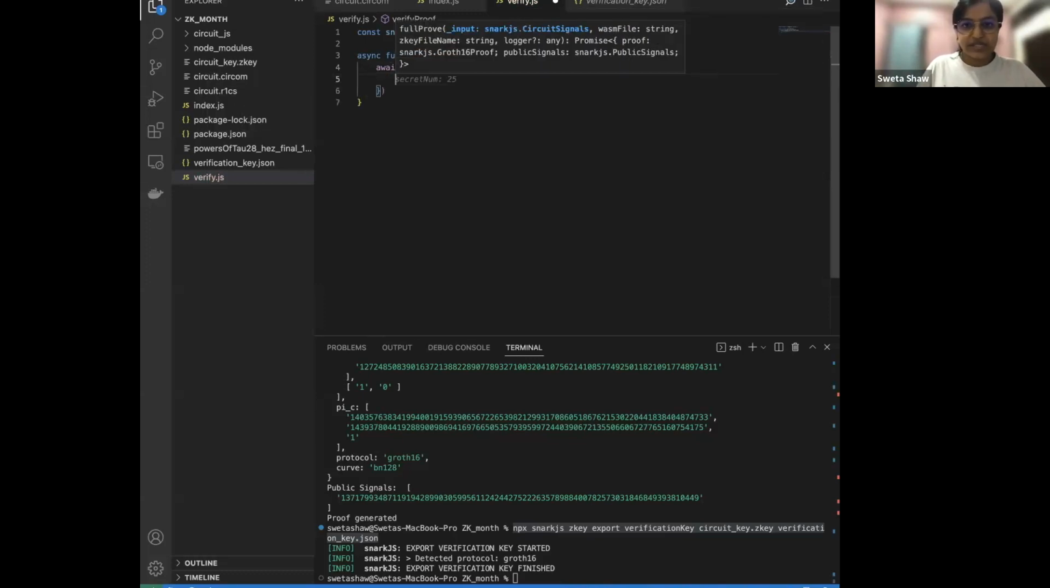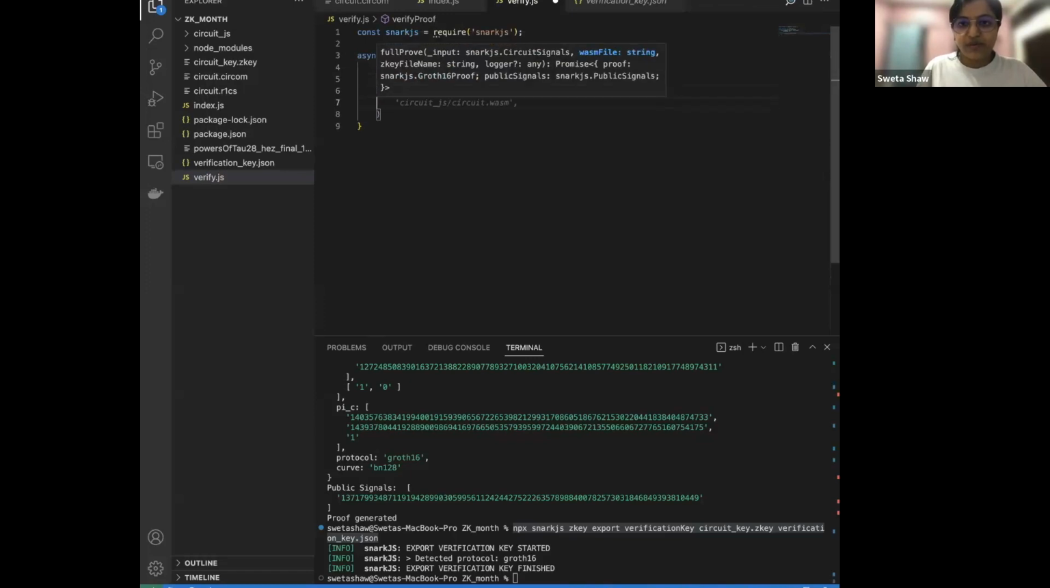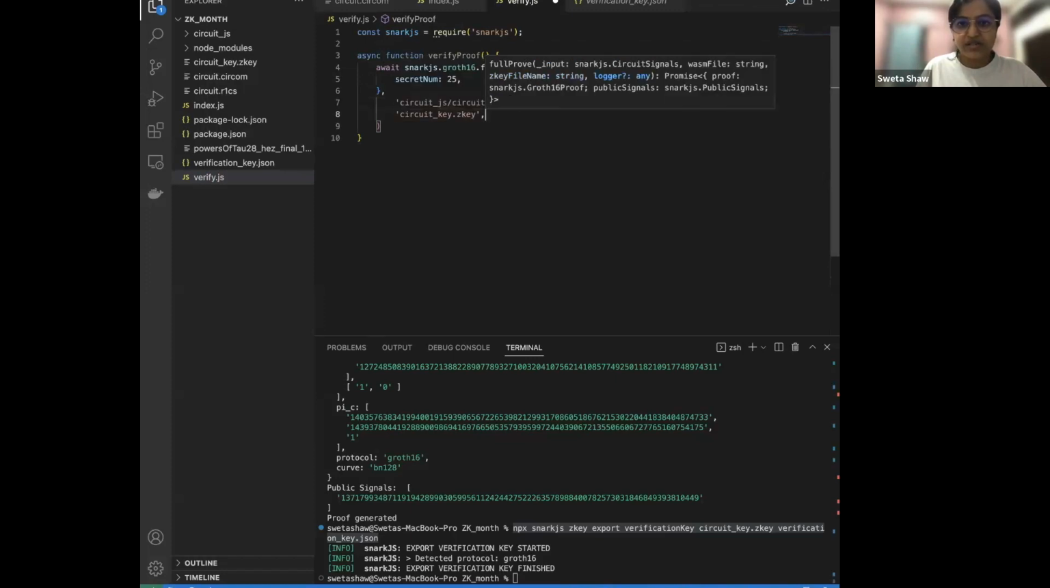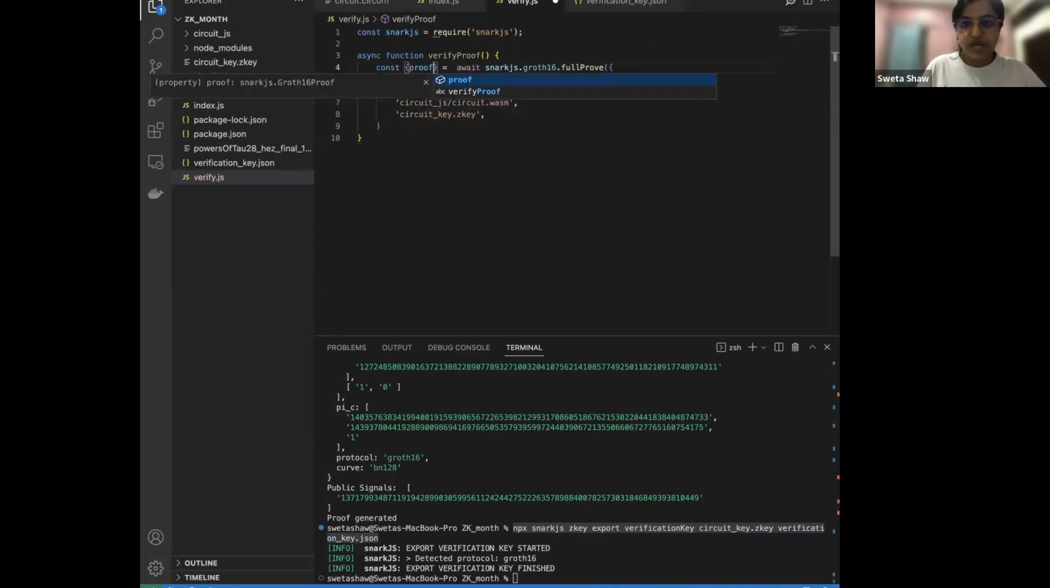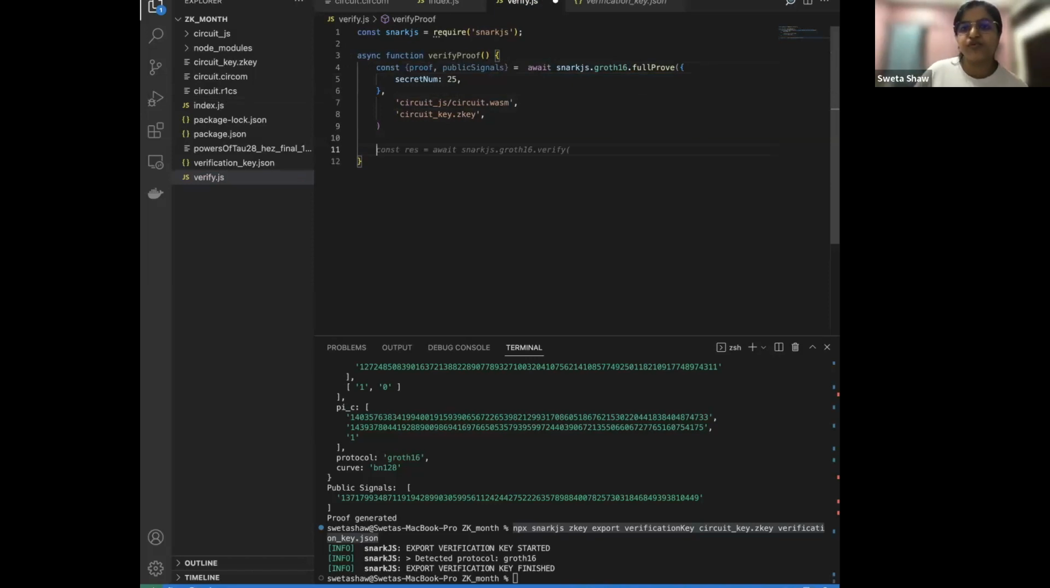So what we did is secret num, and then we passed the wasm file, and then we passed the key file using which the proof will be generated. And then what it returned was the proof and the public signals, right? So once it returns the proof and the public signals, now anyone can use it to verify